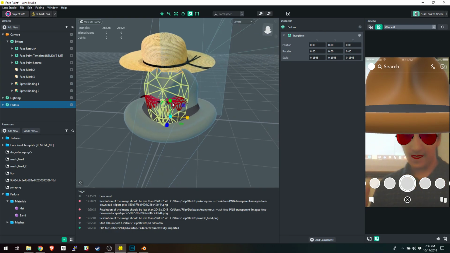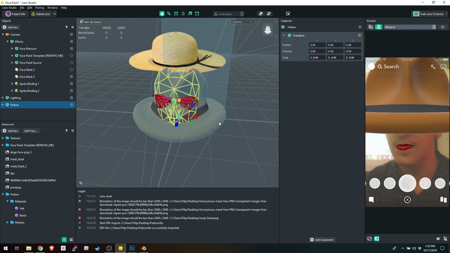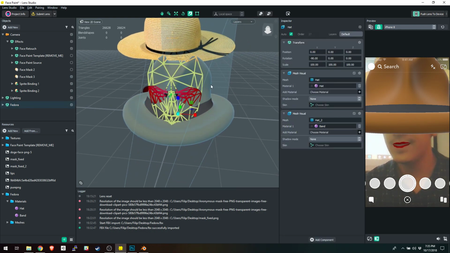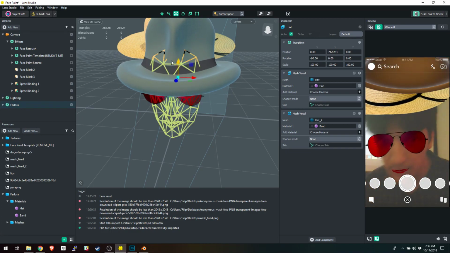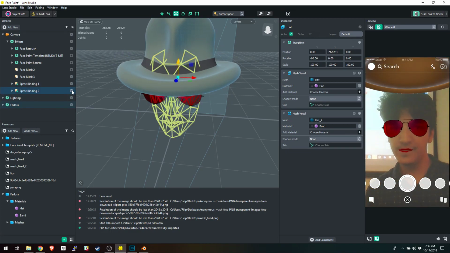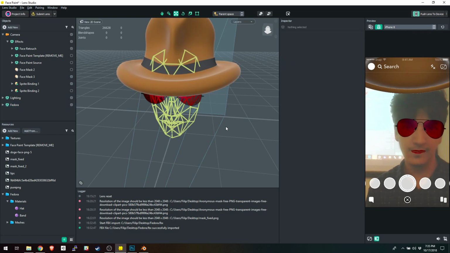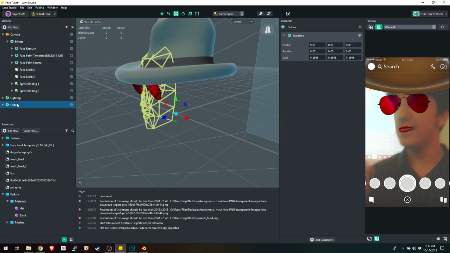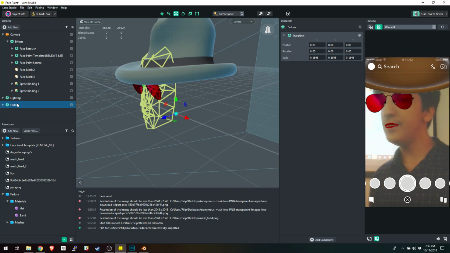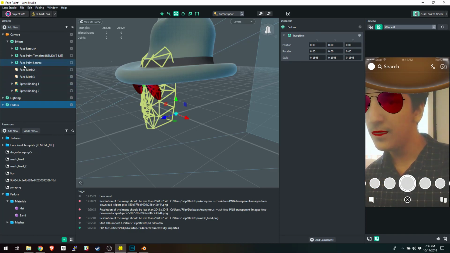Now, how do I make this hat attach to my head? Well, the first thing I want to do is take the hat, and I'm going to use the move tool up here. Just click it, or you press W. I'm going to move it up to where my head's supposed to be, but as you can see, it's still not following my head. I'm going to disable this hat just so we can see what we're doing. And what actually needs to happen for this hat to be attached to your face is you need to drag it into a head binding type of